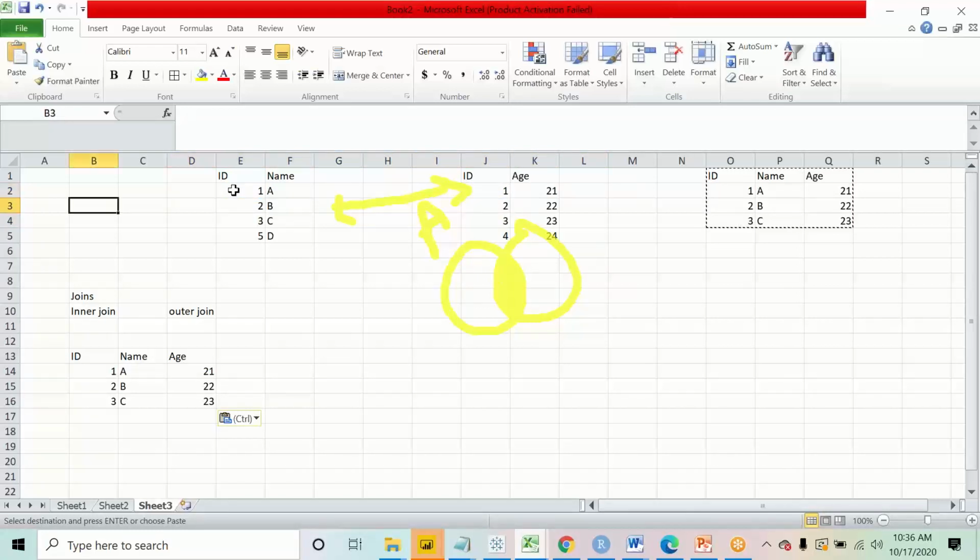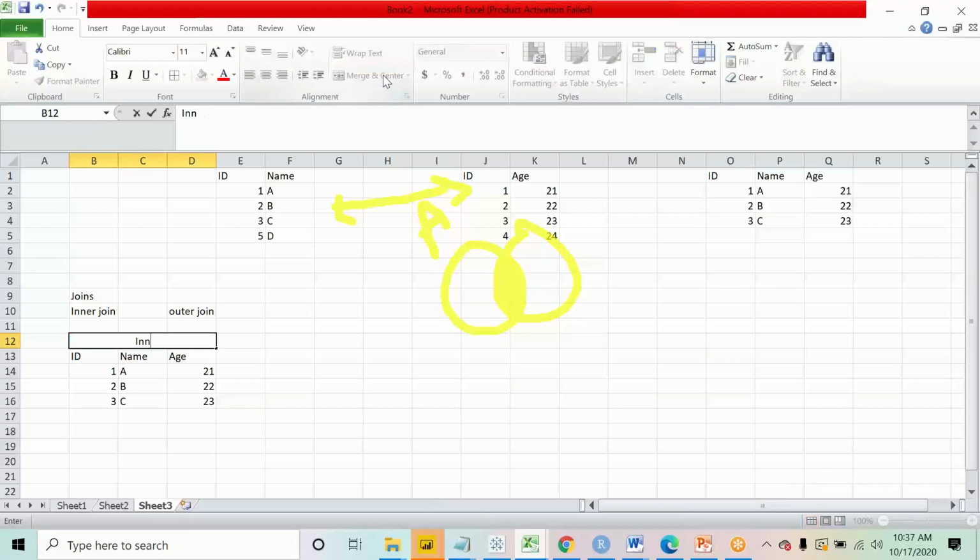As a result, I will get only 1, 2, and 3 in the final output. I will not get ID 5 because ID 5 is present in table 1 but not in table 2, and I will also not get ID 4 because ID 4 is present in table 2 but not in table 1. That is what my output will be when I create an inner join between them.